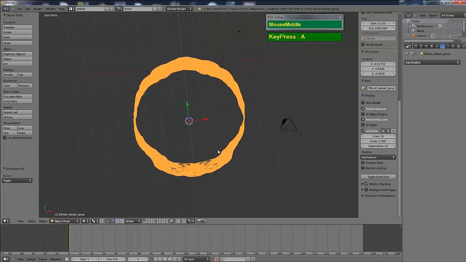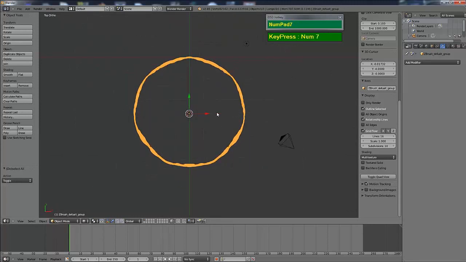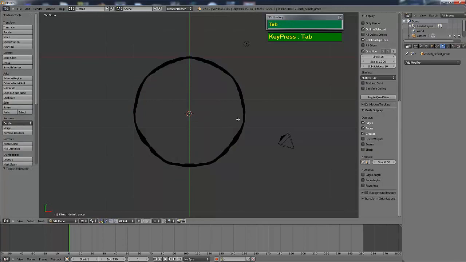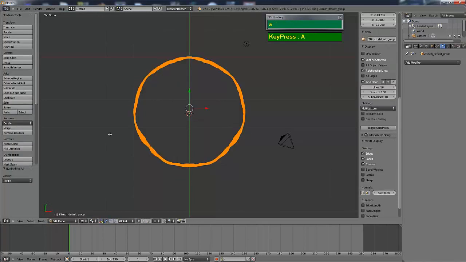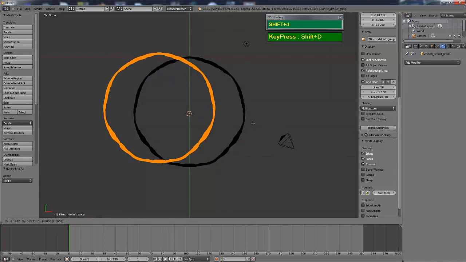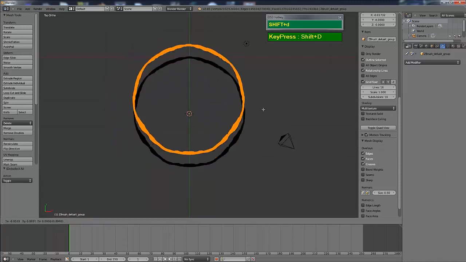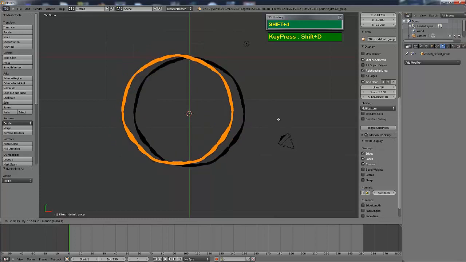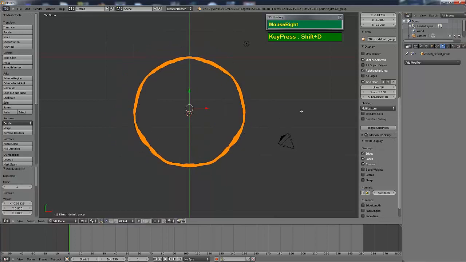Now I'm going to select the tree bark material, press Tab to go to edit mode, press A to select all the subcomponents, then Shift D to duplicate. Now I've duplicated another piece, and it's following where my cursor is moving. Right mouse click so that it jumps back to its original location.